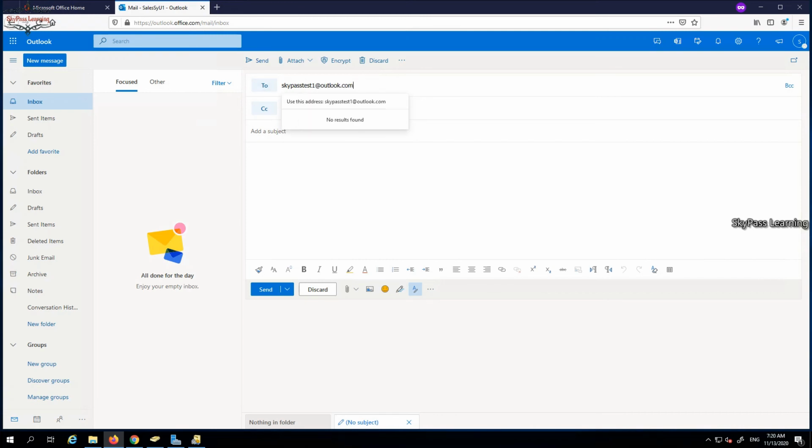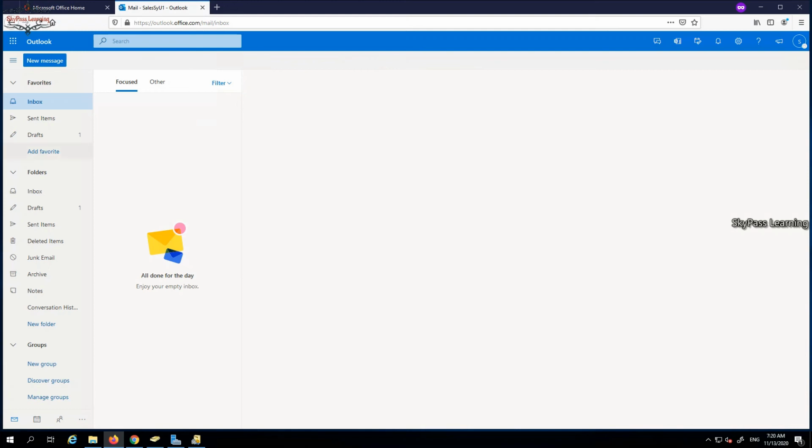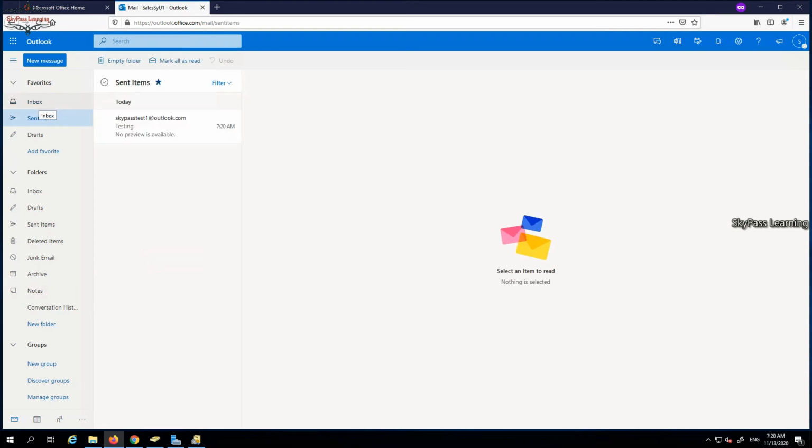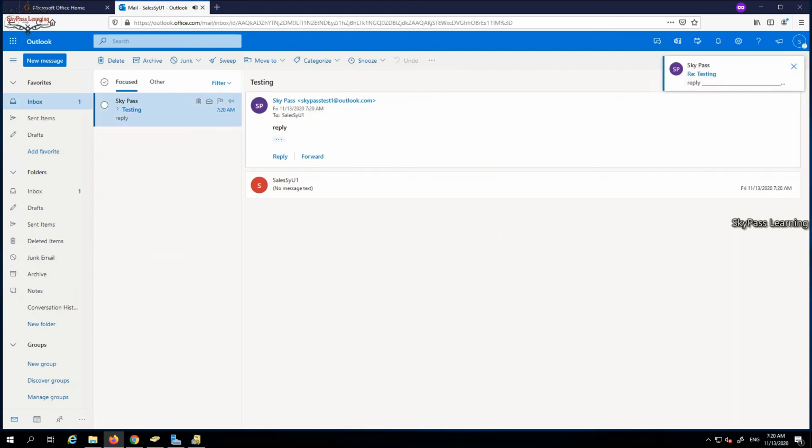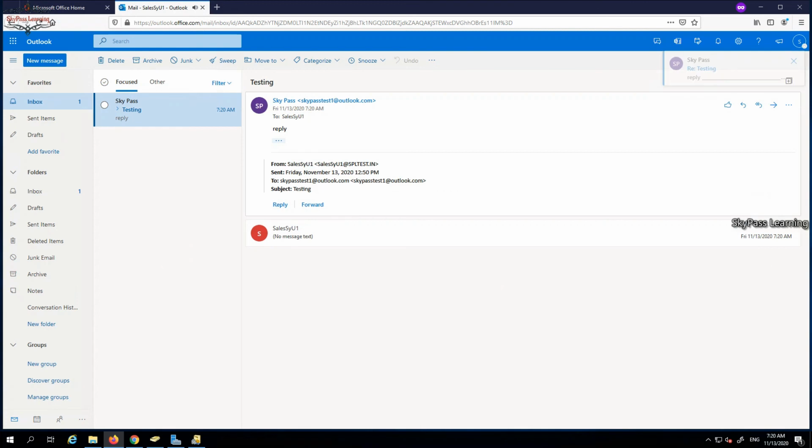I am sending it a test email, testing. I send this email from my account, and okay, it went away. Let me check on my account if it is there. Okay, I got that email and I am replying to it. Once it's back in my account, okay, now I got that email. It's coming back, so all the features which I synced from my local account are working perfectly fine. You can see it here.